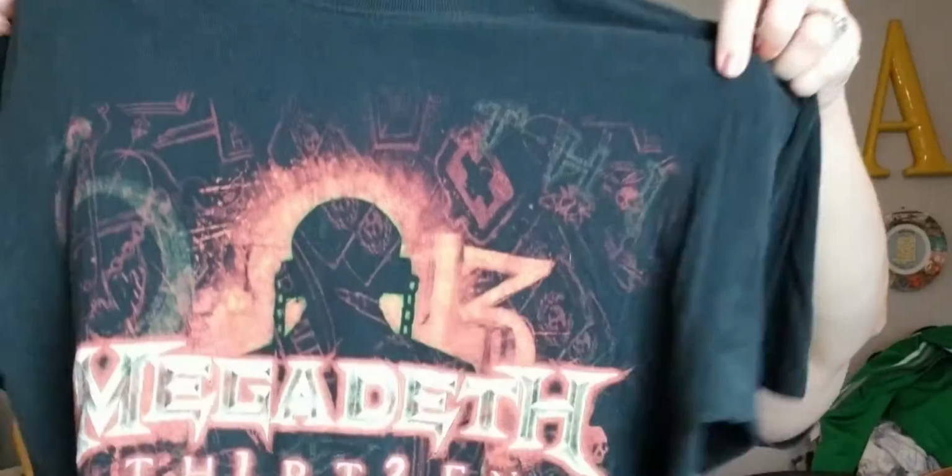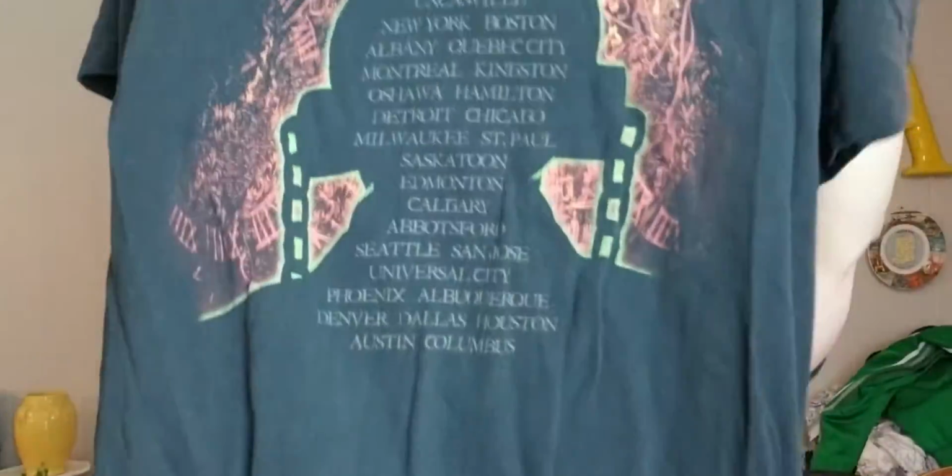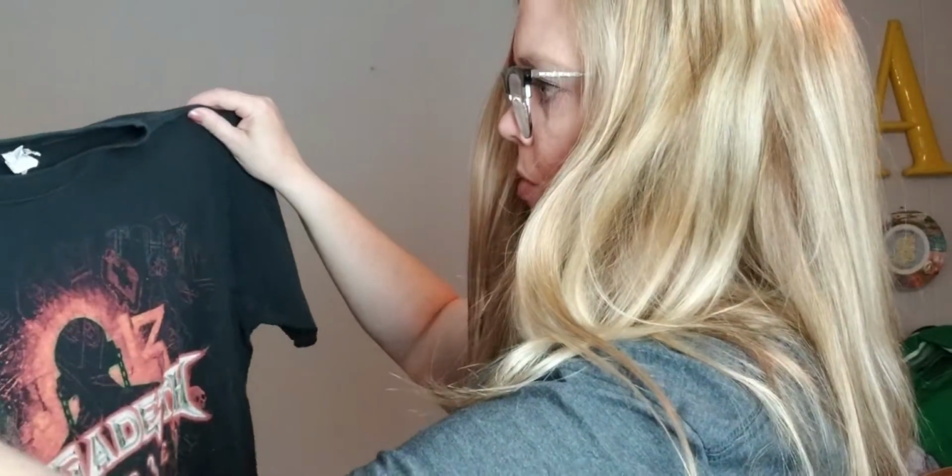I only picked up a couple items of clothing. This, just because I just wanted to try it. It is an Anvil Megadeth concert t-shirt. Here is the front. And here is the back. I was trying to see if there was a date, but the name of the tour is on the bottom, and so I can find a date then. I'm going to say it's probably from like 2000 or something like that. It is a size medium. I have sold Megadeth t-shirts before. Obviously if you can get a vintage single stitch one, they're worth a lot of money. And I paid